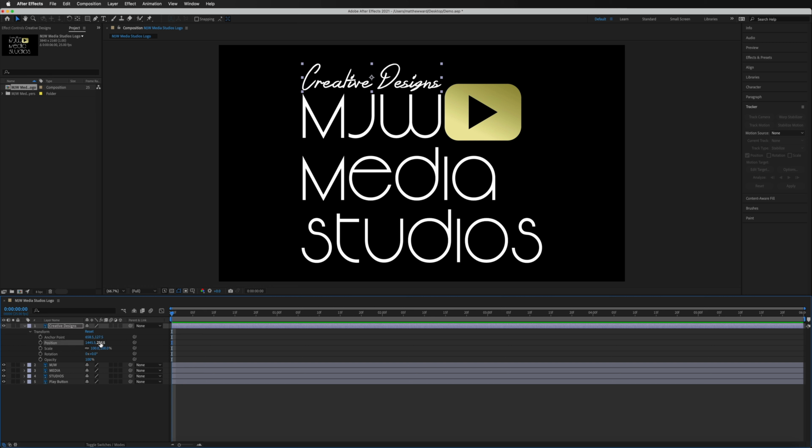And this is used to either move your graphic from left to right or up or down. So if we first look at our X axis here on the left, if we select that with our mouse and start dragging to the left, you can see that the Creative Designs is now moving to the left. Or if we go over to the right, it's going to move it in that direction. It's exactly the same principle with your Y axis. This time you just got to select that and move up or down with your mouse, and then that'll move that into a different position as well. Alternatively, you don't have to do that inside of here. You can do it manually with your mouse.